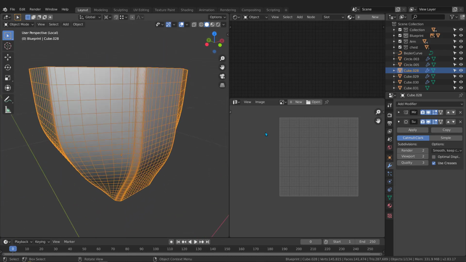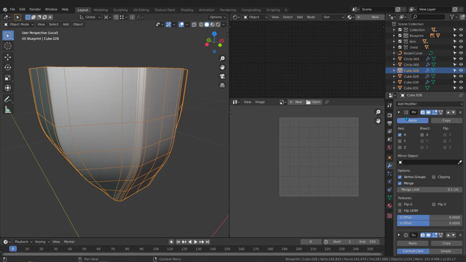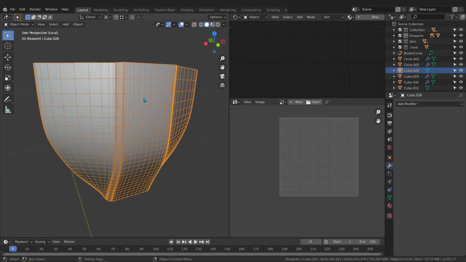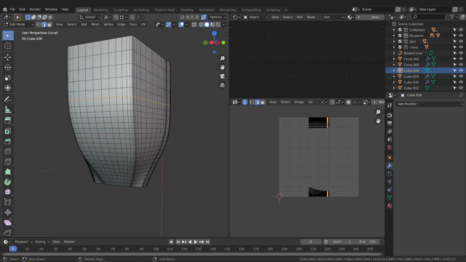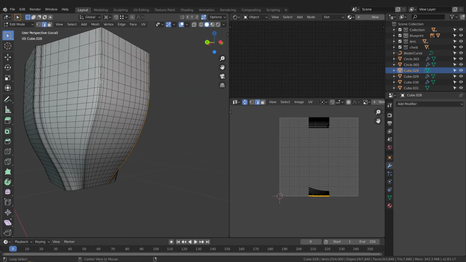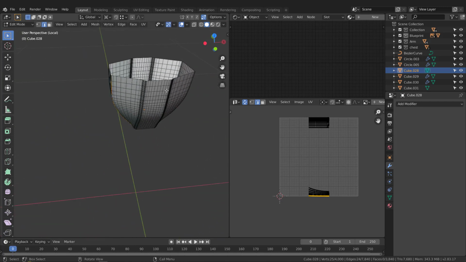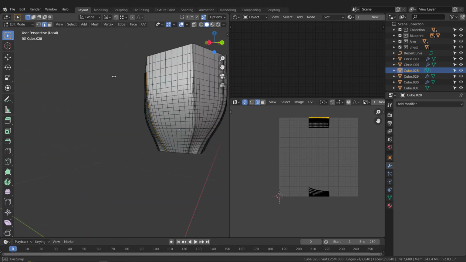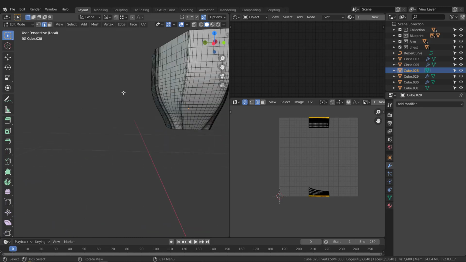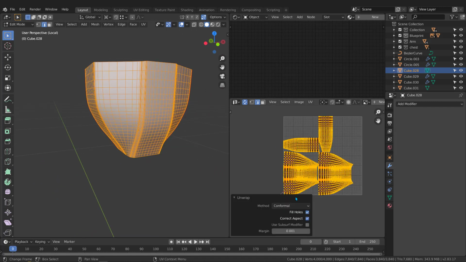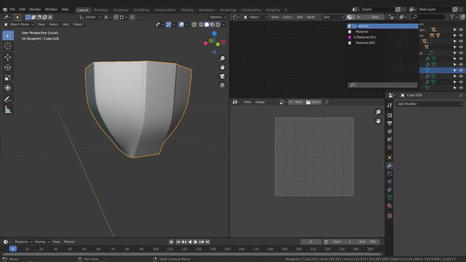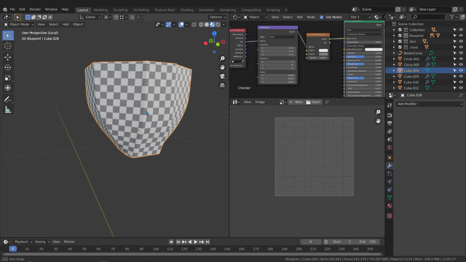Yeah, I'm going to accept this result, so just apply everything, apply this, and then tap to edit mode, and let's unwrap this piece. Let's add seam right here, and maybe one right here, and one right here, and for this side, and mark seam, hit A, and here hit U to unwrap it. Change this to angle based, and let's add the checker, hit Z, and go to material preview, and yeah, it's